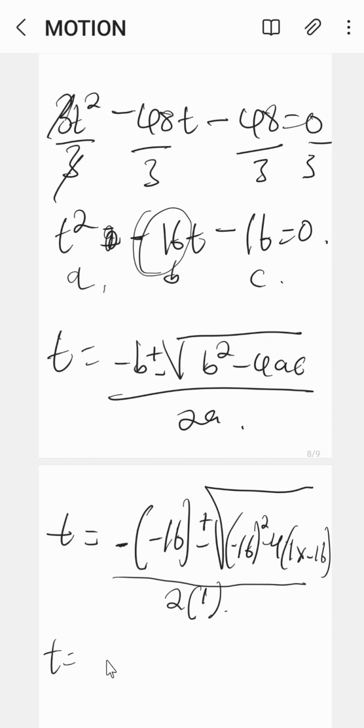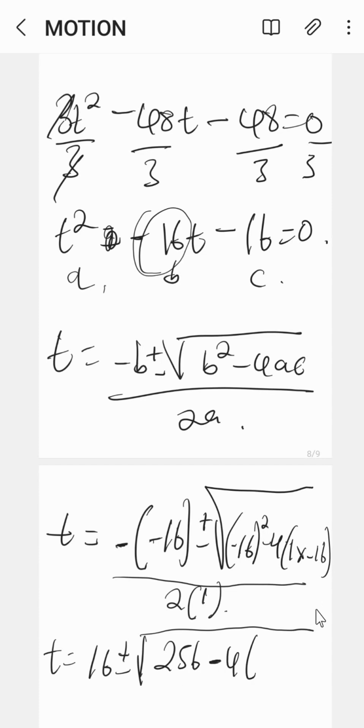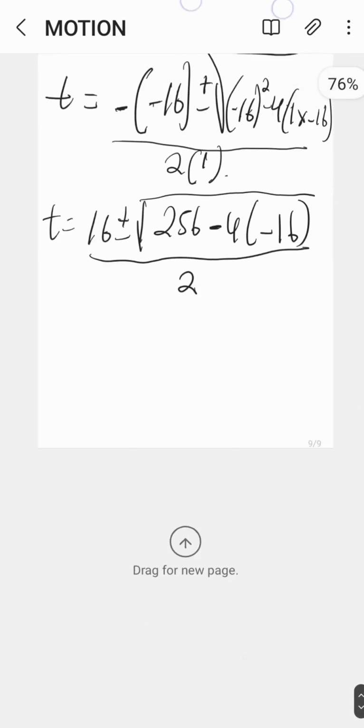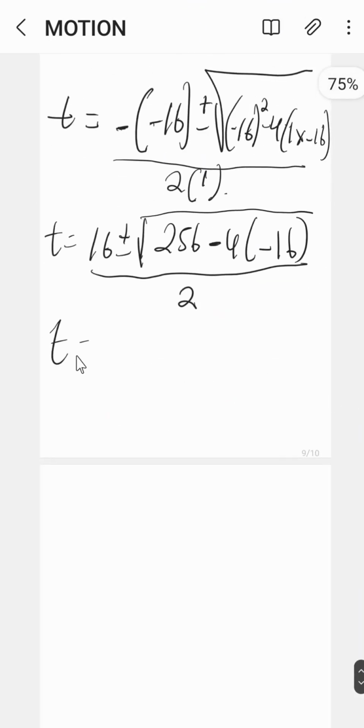So t is equal to negative of negative 16 gives you positive, so we have that. Now 16 squared is 256. So 256 minus 4 times 1 times negative 16 inside there, over 2 times 1 will be 2. Negative times negative will give you a positive value. So now you have t is equal to 16 plus or minus